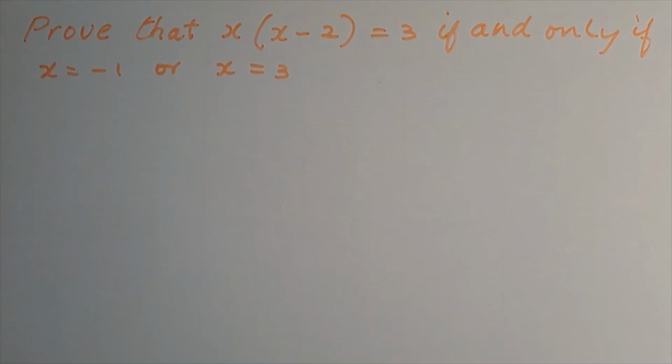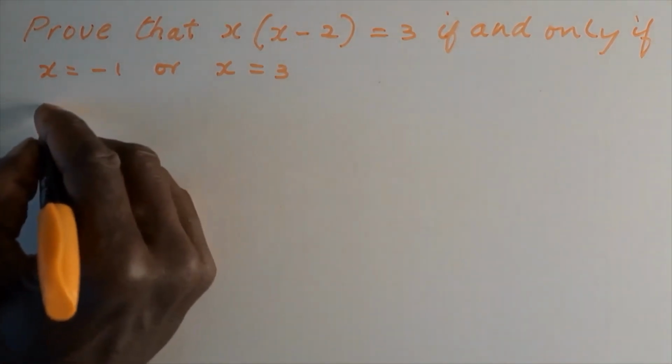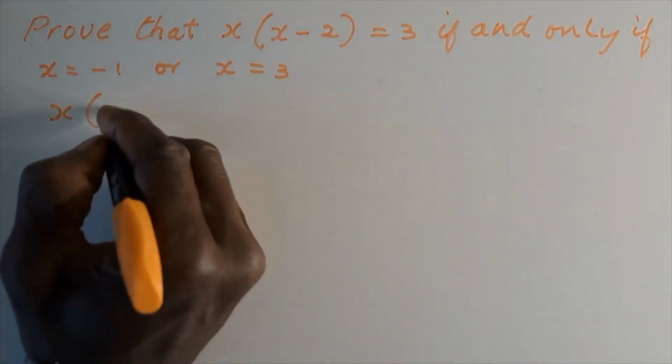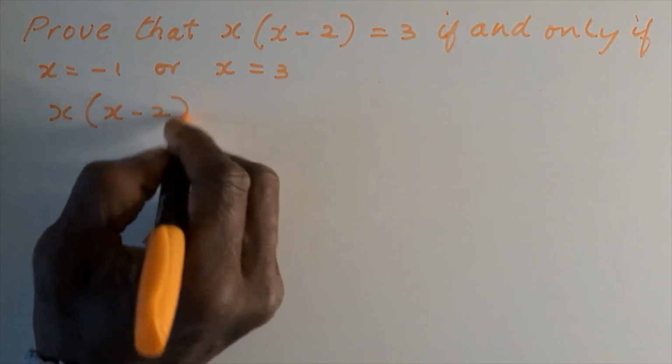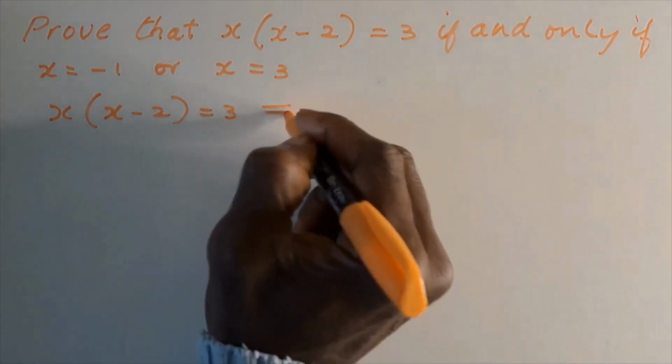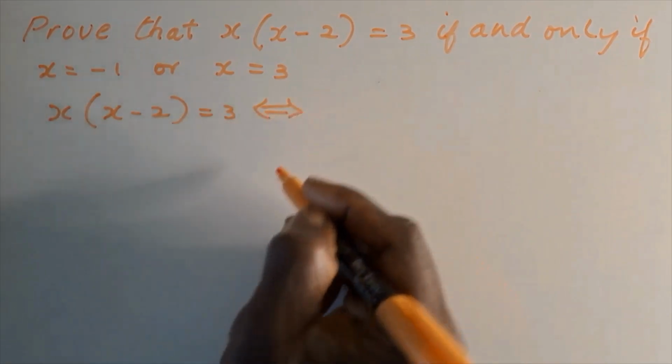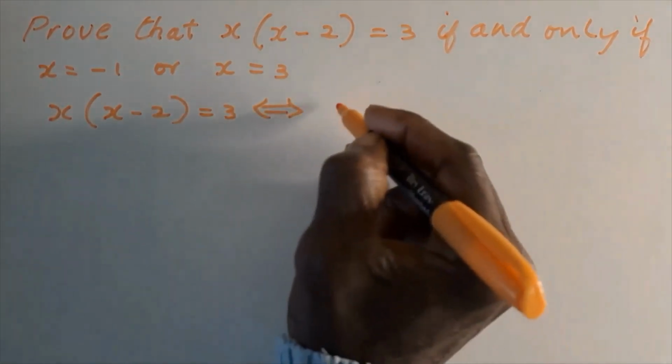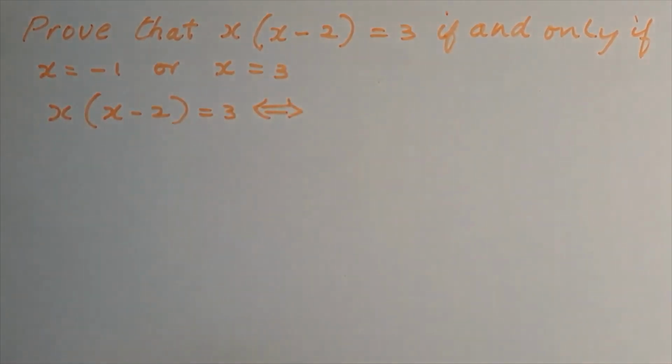Prove that x times x minus 2 is equal to 3 if and only if x is equal to negative 1 or x is equal to 3. In mathematical language, we'll write this as x into x minus 2 is equal to 3 if and only if,